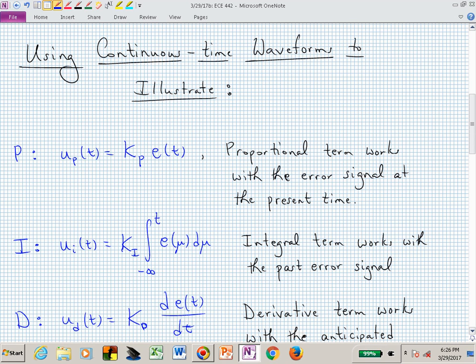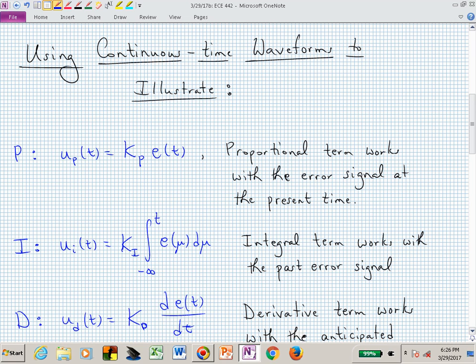Okay, so P, I, and D. I'm illustrating this with continuous time because it's easier to think about when I talk about integrating and differentiating in an analog setting. But we can translate these operations into their discrete equivalent based on what we've done for exam number 2, for example. If we have a proportional controller, then we are taking the error signal, scaling it by a factor k sub p, and injecting that into the system.